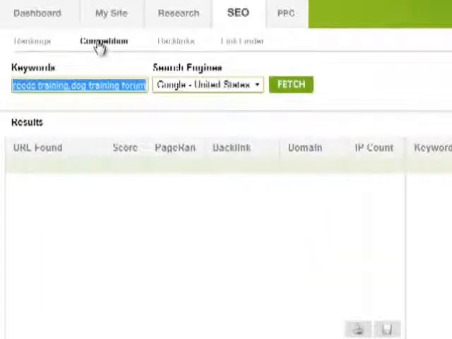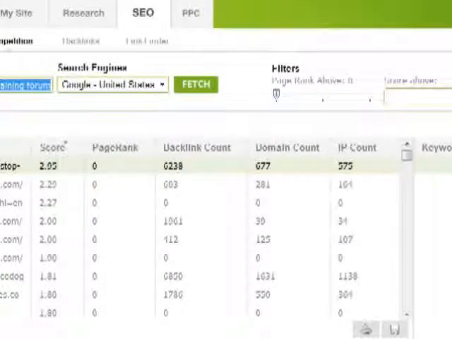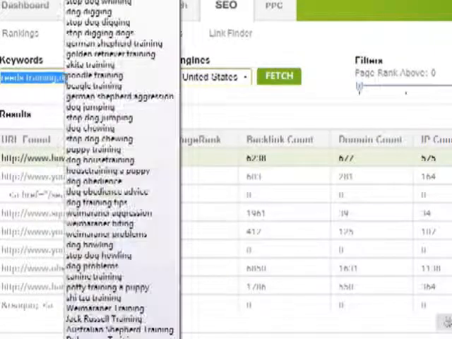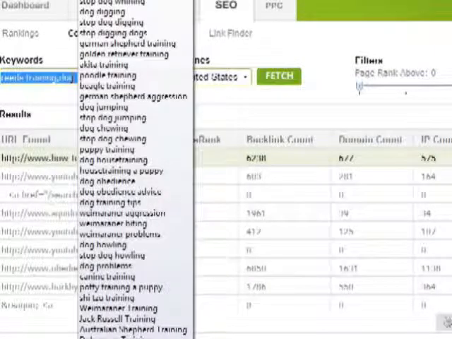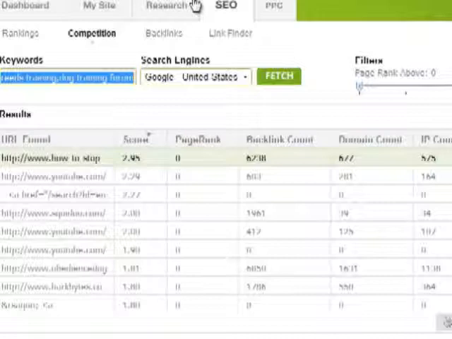You can research your competition just by entering a bunch of keywords in the box here, clicking fetch. You can see that it has, well, bear in mind that I've only put in about 40 or 50 keywords into here. I could have put in like 800 keywords. It just would have taken longer to process. But what you can see when you put in a bunch of keywords is a big listing of all your competitors' sites, how many of those keywords they rank on,